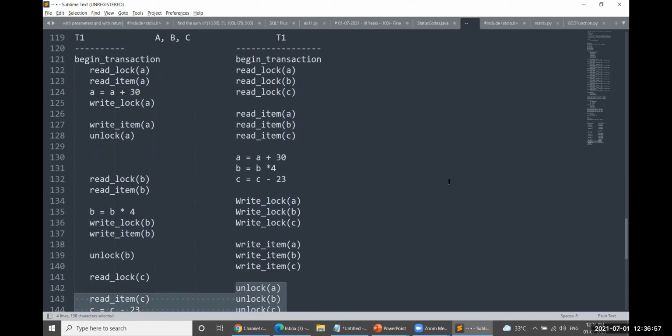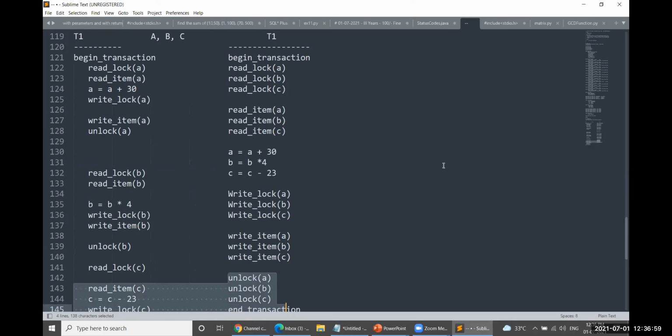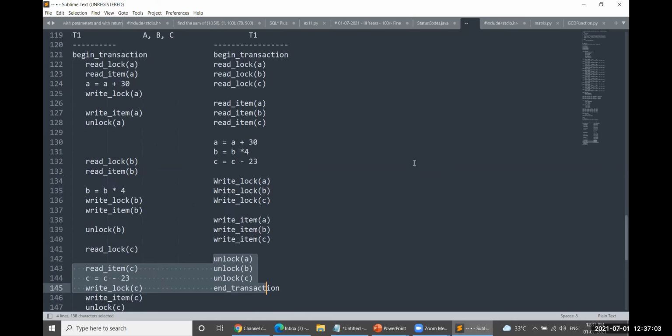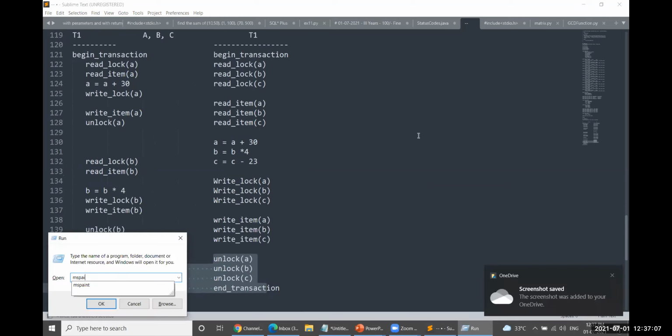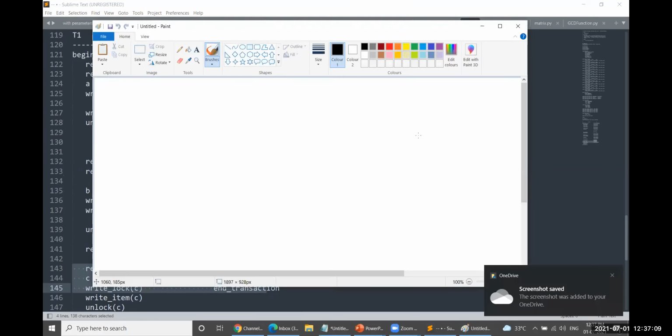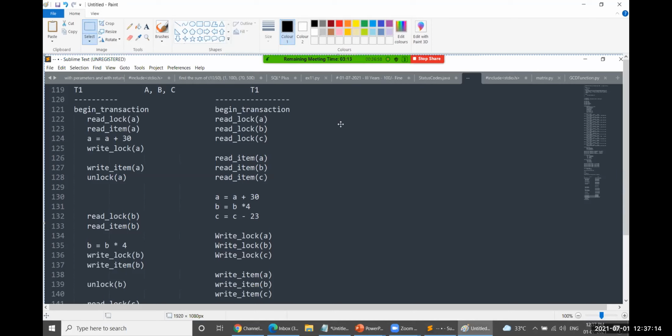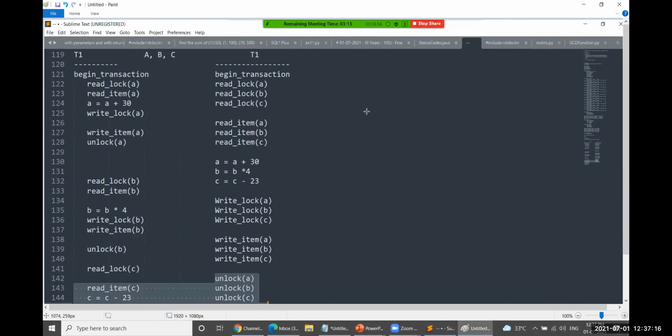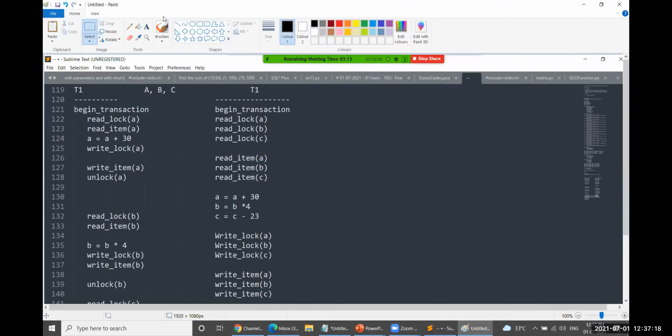Okay, so let me copy the entire transaction to MS Paint. Then I'd like to explain. So look at this. Whatever transaction we have taken into consideration here, look at this up to this particular point.